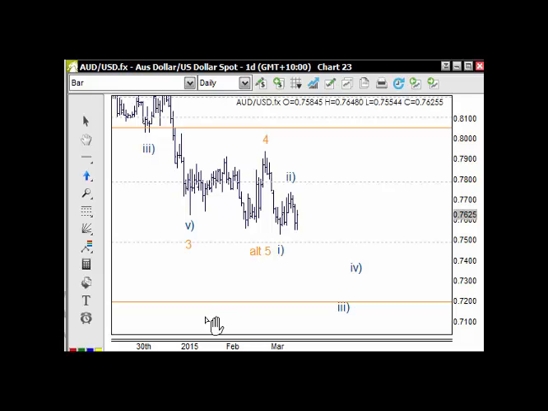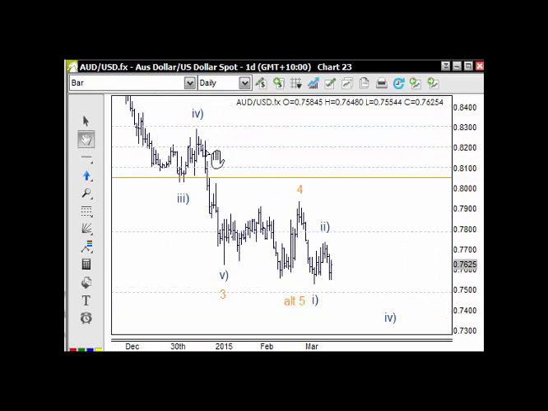Now, the wave count that we've got, it is possible that we've got a wave 5 low in through here and we can move up from that point. I don't think that's the case because this particular move up through here is corrective, so we should see more downside here. But we are starting to see the market's moved quite swiftly through these points here, but it's really